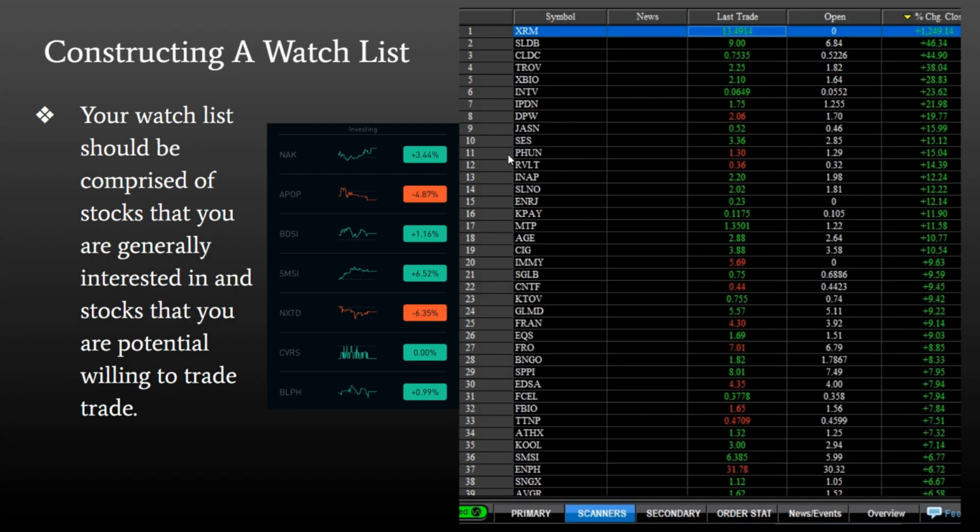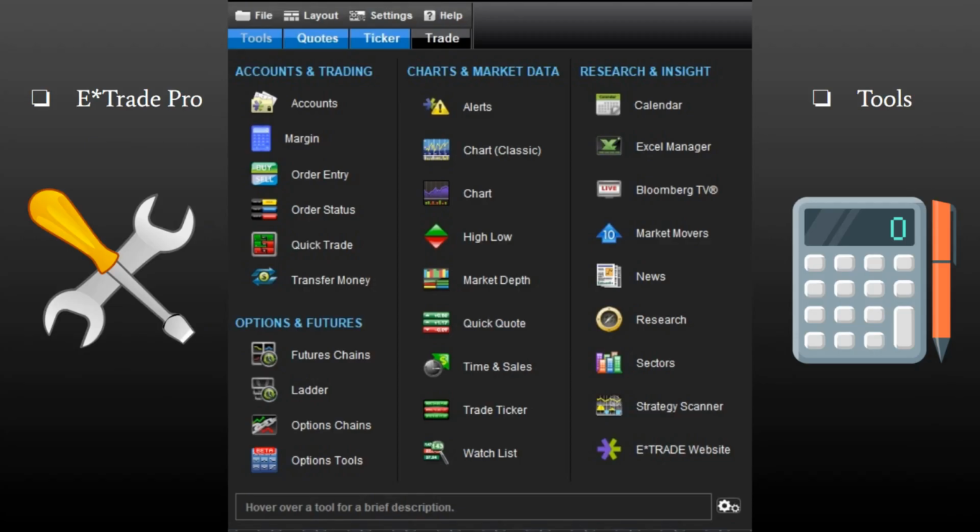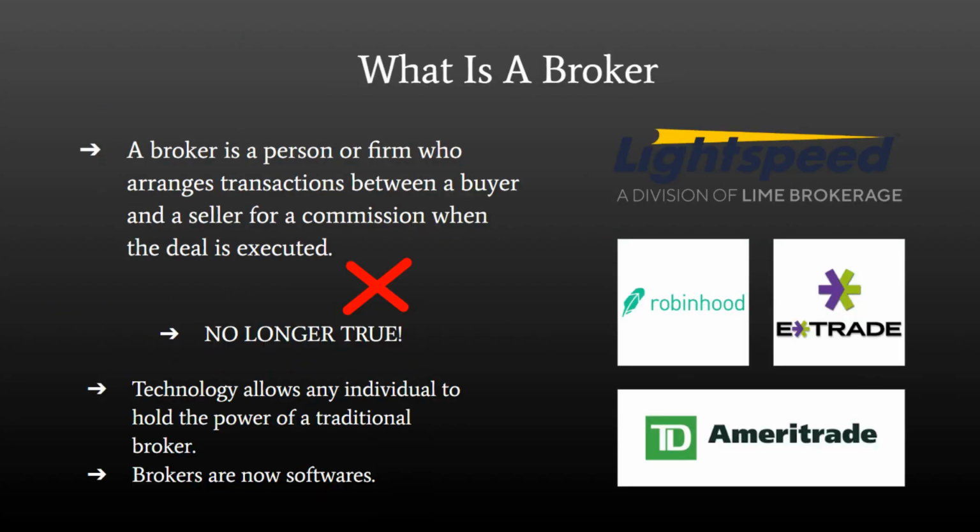So at this point in time, you just want to keep playing around in your broker, keep taking a look at your watch list, adding to it, looking at different sectors, whether that may be biotech, pharmaceuticals, whatever you like. Just keep adding to your watch list and keep building. Right now, I don't suggest that you guys take any trades as of yet. You want to play around in your broker, the one that you've chosen, and get familiar with it. For me, getting used to E-Trade Pro took about a few days.